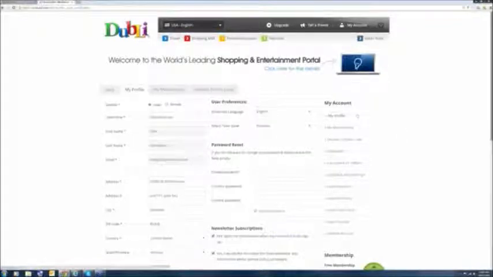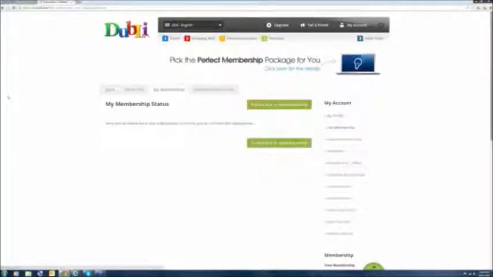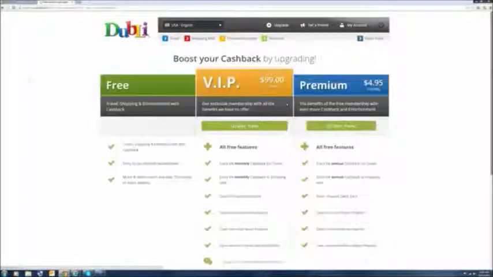Also, what you're going to do is come down here to My Memberships. You're going to click on My Memberships, and this is where you will purchase a membership. You're going to go right here to Purchase Membership, and in this account's case, this is an account I just set up so that we can do some training. All of the memberships are available. In other words, this particular account has no membership. So you're going to see the VIPs available for $99, premiums available. You would select